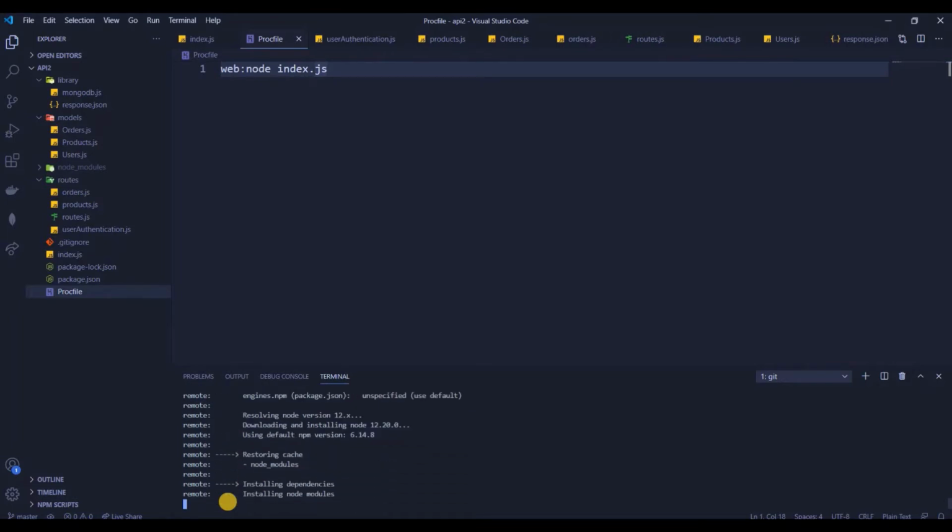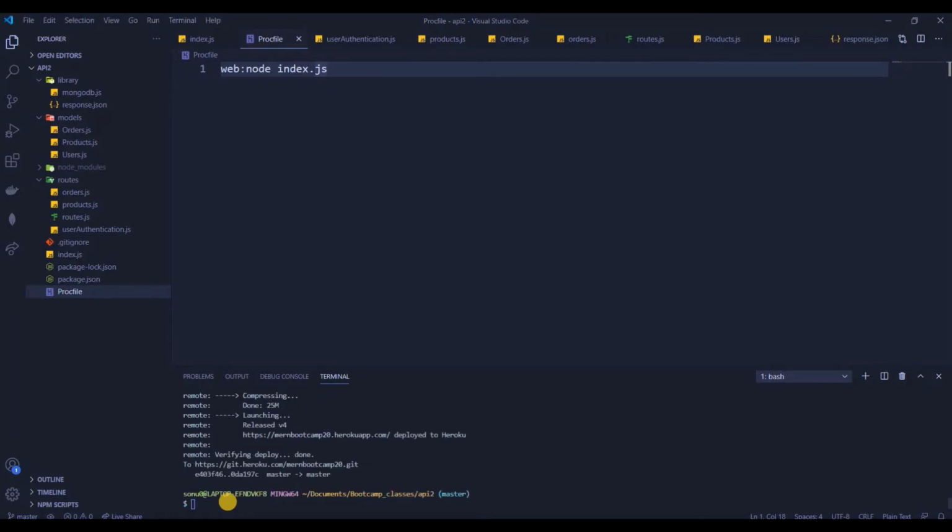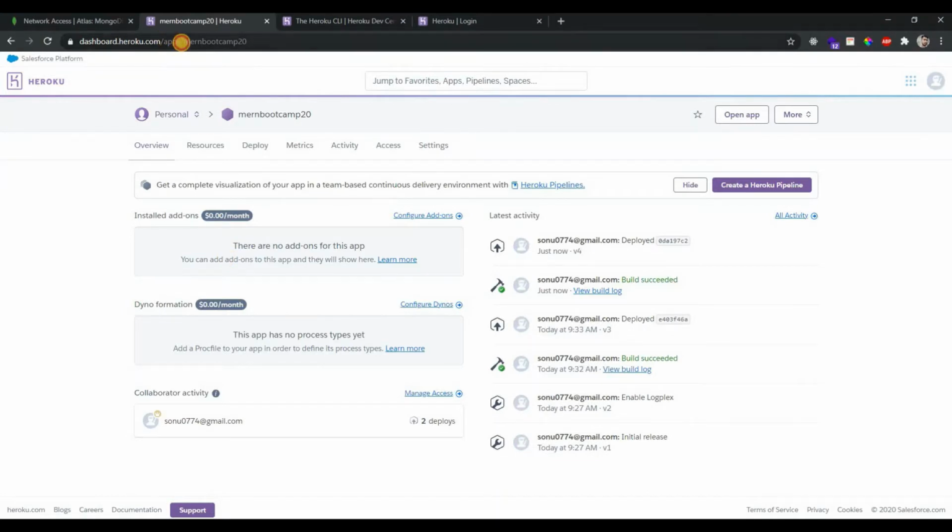See, now it's started installing dependencies and modules, and then it will also create that particular process itself. Now let's see if we get anything in our dyno or not.